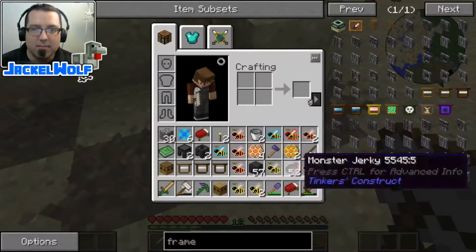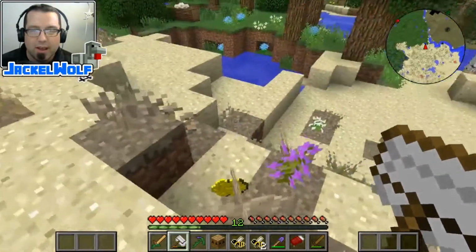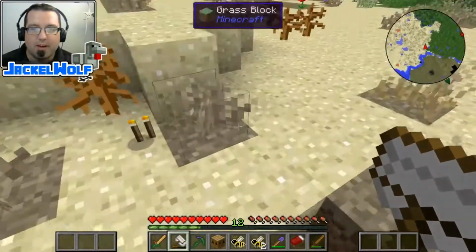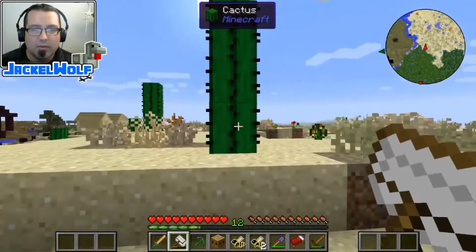drones. There is a modest queen here, and what I'm going to do is get rid of those torches. And we've also picked up a comb. Sticks are perfectly fine. Okay, so what we're going to do now is find a cactus right here, and